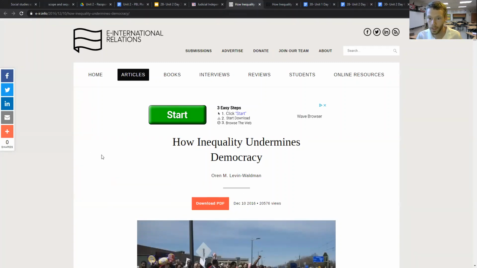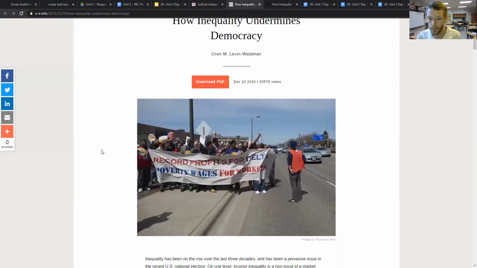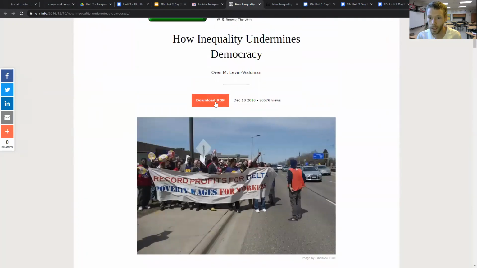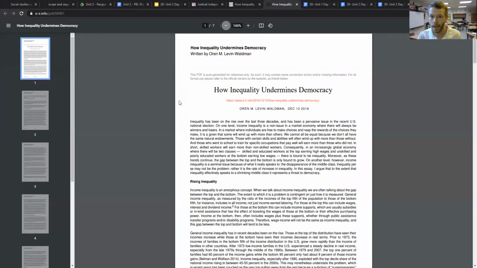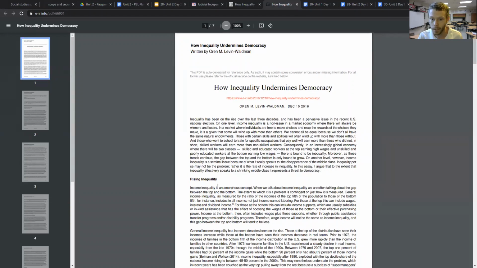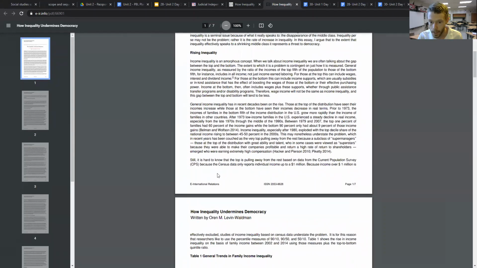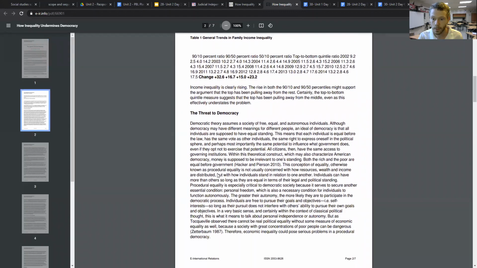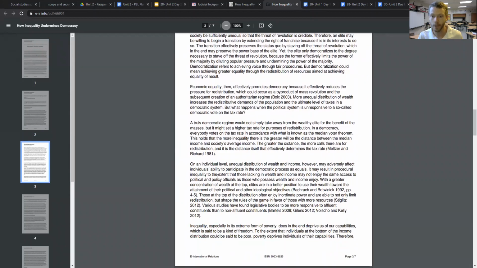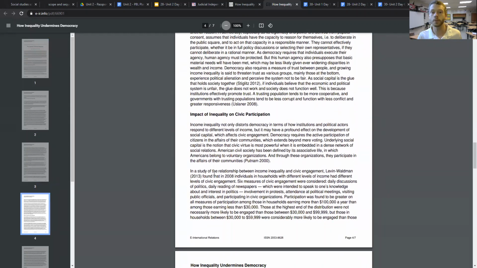So students can either read the full source as it is on the website, or students can click on download the PDF and they can look at the document itself. And again, they'll be looking at this document over a period of 3 days. So while the initial page length may seem arduous, it is something that can definitely be broken down and chunked into manageable ways for your students, and they'll be able to analyze the ways in which inequality can undermine democracy, and really think about the various ways that this can manifest itself in civic participation and